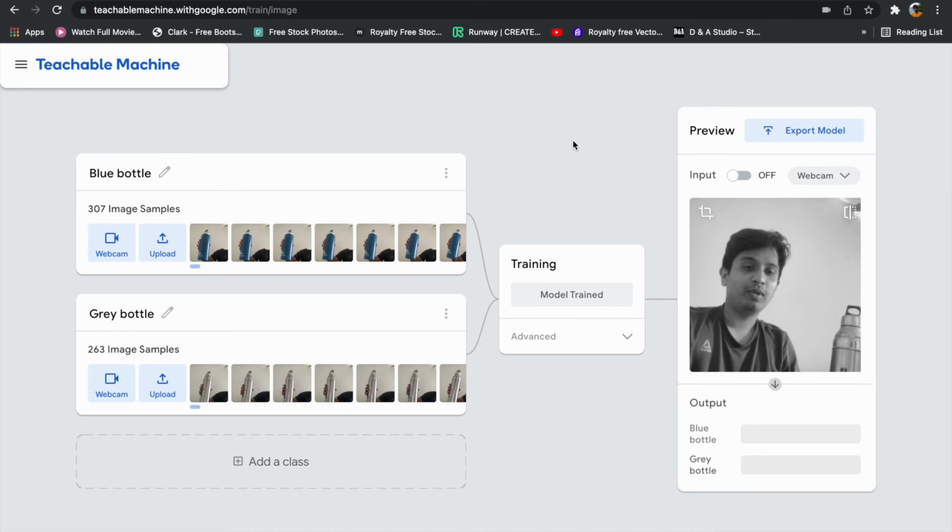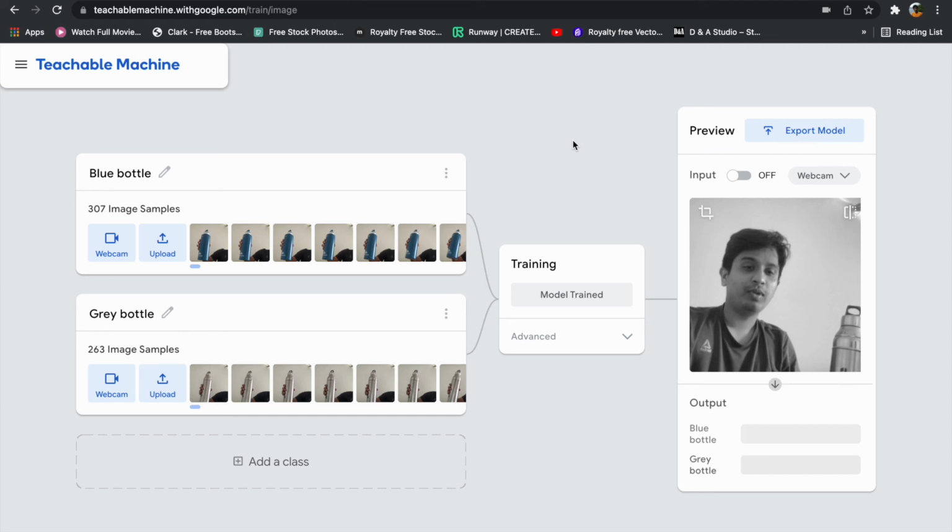Basically, Teachable Machine is a company which wants to democratize artificial intelligence, and it's working with Google to do that. So their main objective is to democratize artificial intelligence technology. Let's say tomorrow you are a normal developer who knows the basics of coding and you want to solve a problem using artificial intelligence. You don't have to worry about the inner workings of artificial intelligence. You can directly come to this website, train your model and use that model to solve your problem. What they basically want is for developers to focus on solving problems rather than learning AI.